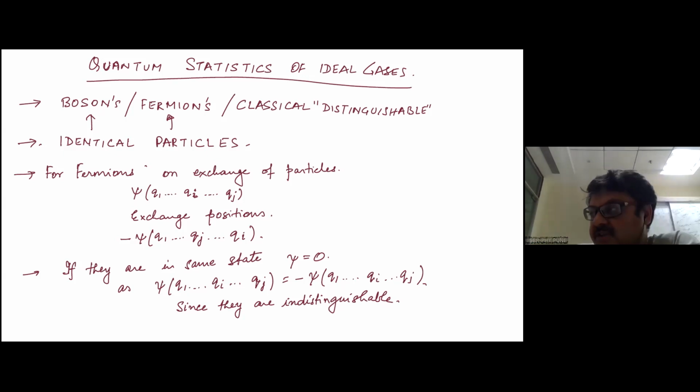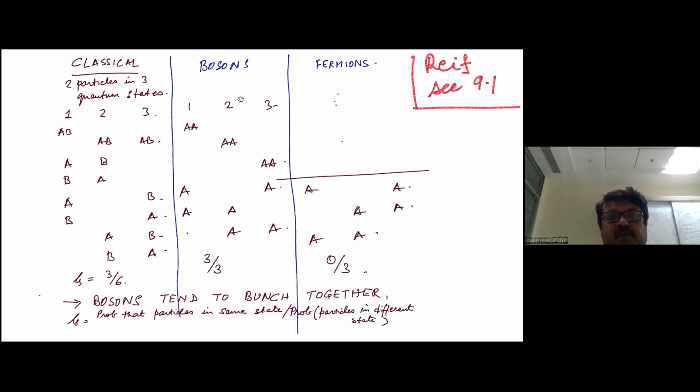Now you know that fermions have the property that two fermions cannot have exactly the same quantum numbers. So in a particular quantum state, there can be only one fermion. On the other hand, you can have multiple bosons, right? So here,